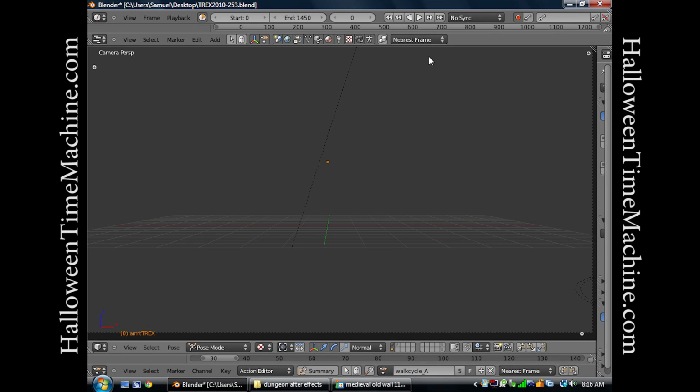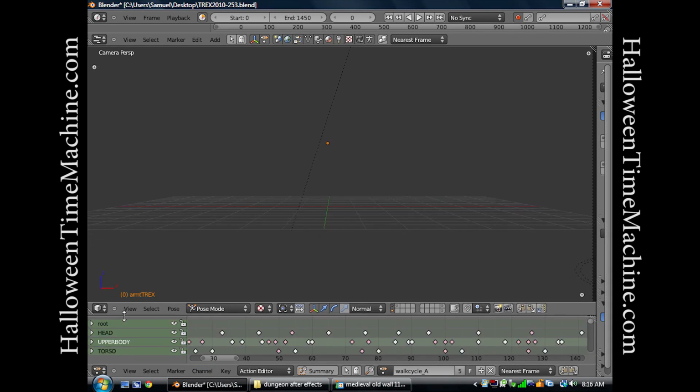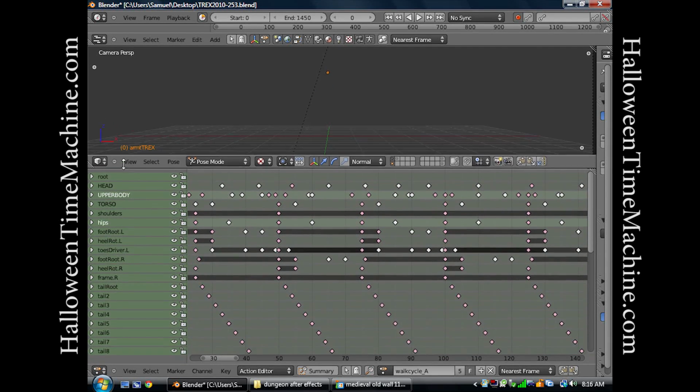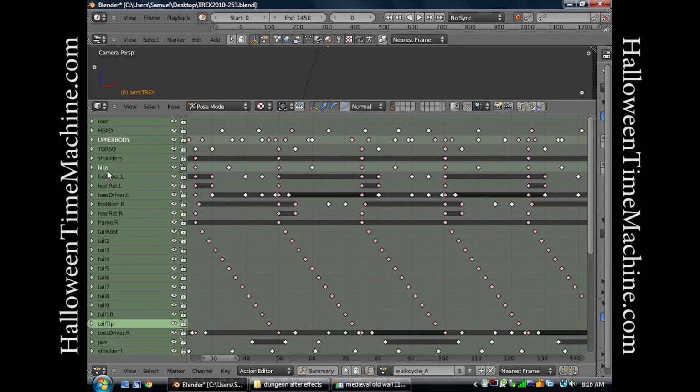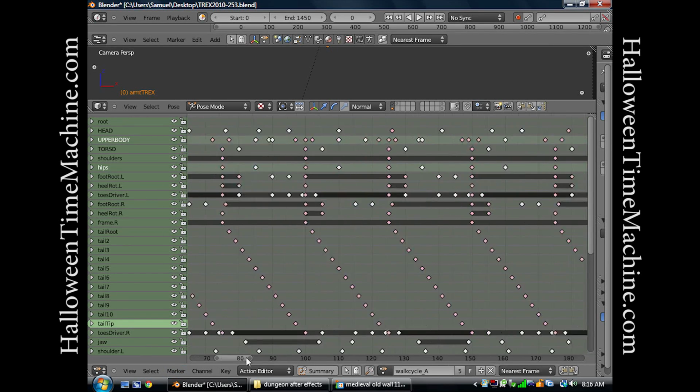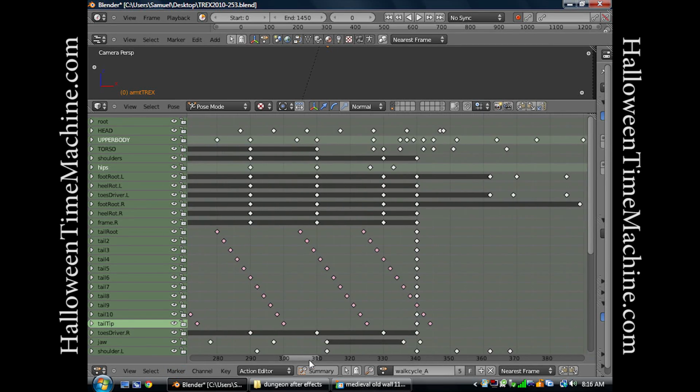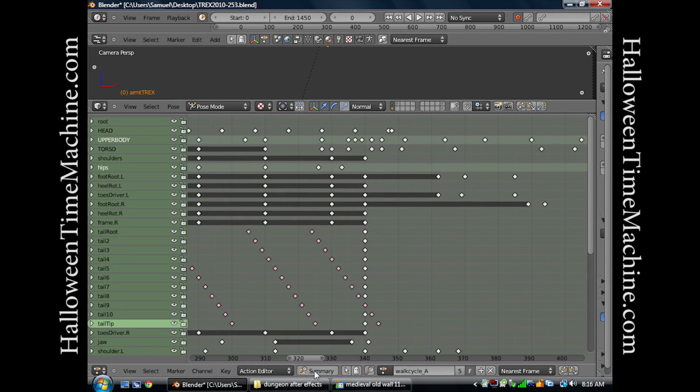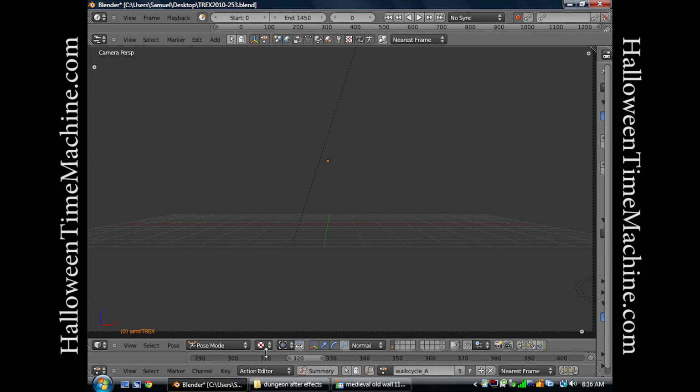So this dinosaur, you can see he put, if I pull this up here, let's see if I can do that. Come on, pull up. There we go. He's put keyframes for the head, the upper body, the torso, all these things. And all these little things is what he did to animate it. So each time it hits one of these spots, it's where he has moved, say, the upper body. So he moved the upper body there, he moved the upper body there. And that's what creates this animation in Blender. So this will be out the right viewport